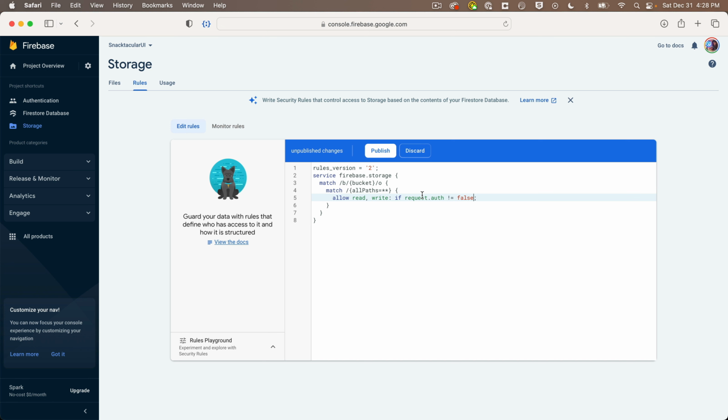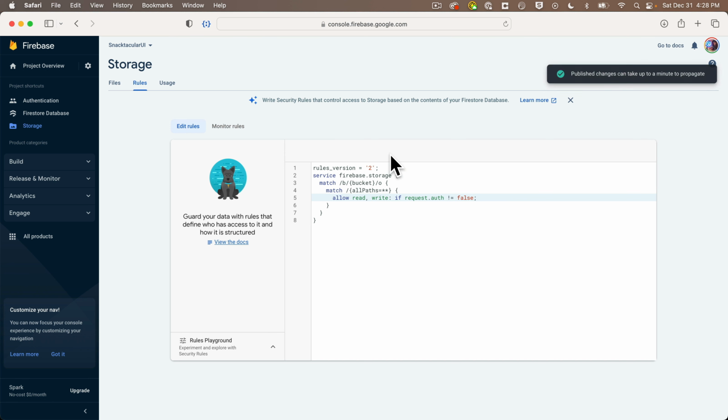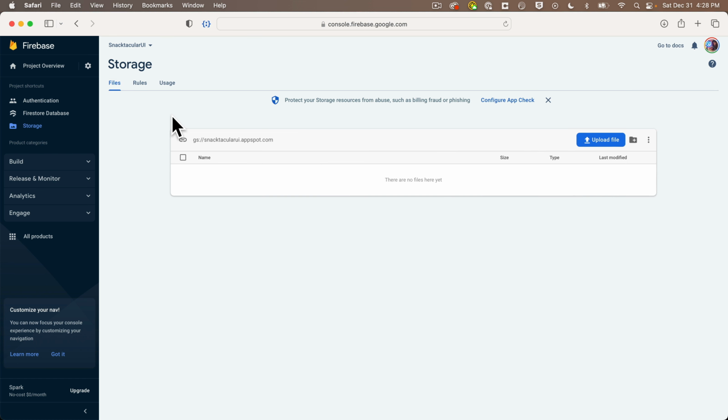any of the files. Now, it is possible to offer even more security in here, but since all of the images that are posted are supposed to be posted for public access, if a single user is authenticated, they should be able to see all of the images. Then we'll click on the Publish button, and you've now got Cloud Storage for Firebase set up for this app. And this is the set of procedures that you'll follow if you ever create a new Firebase project that uses Cloud Storage. And I'll click back on the Files tab, and this is where we'll see any files we save